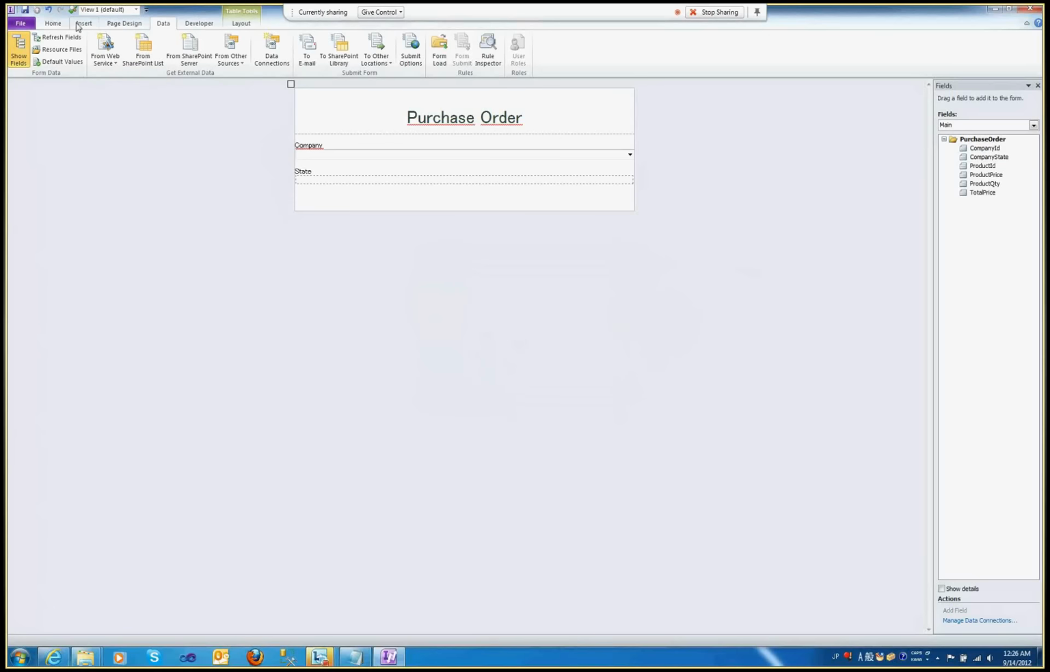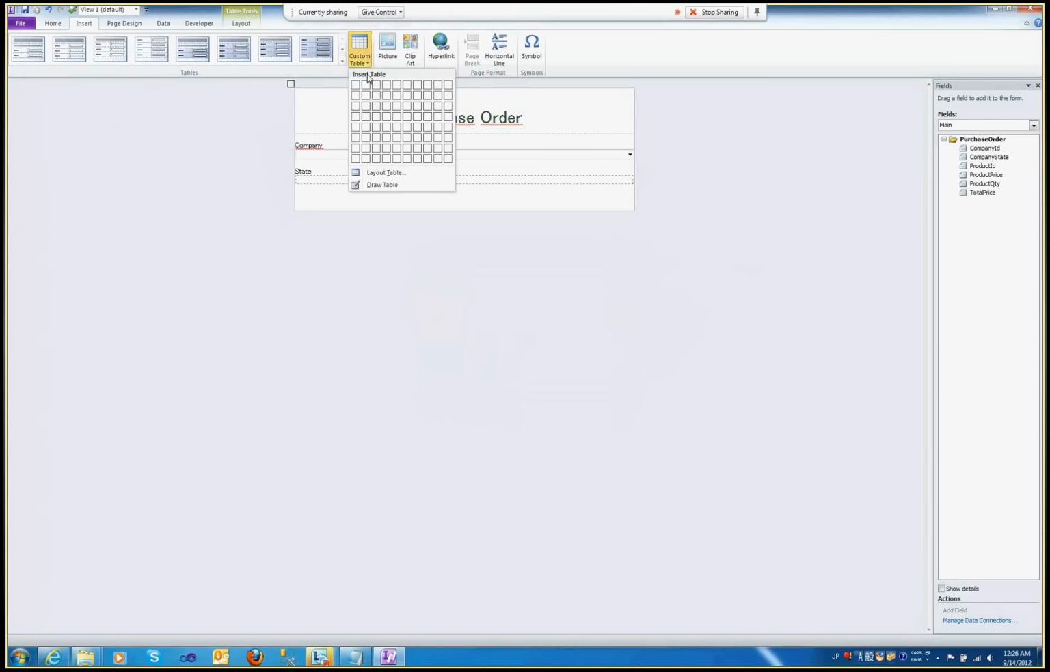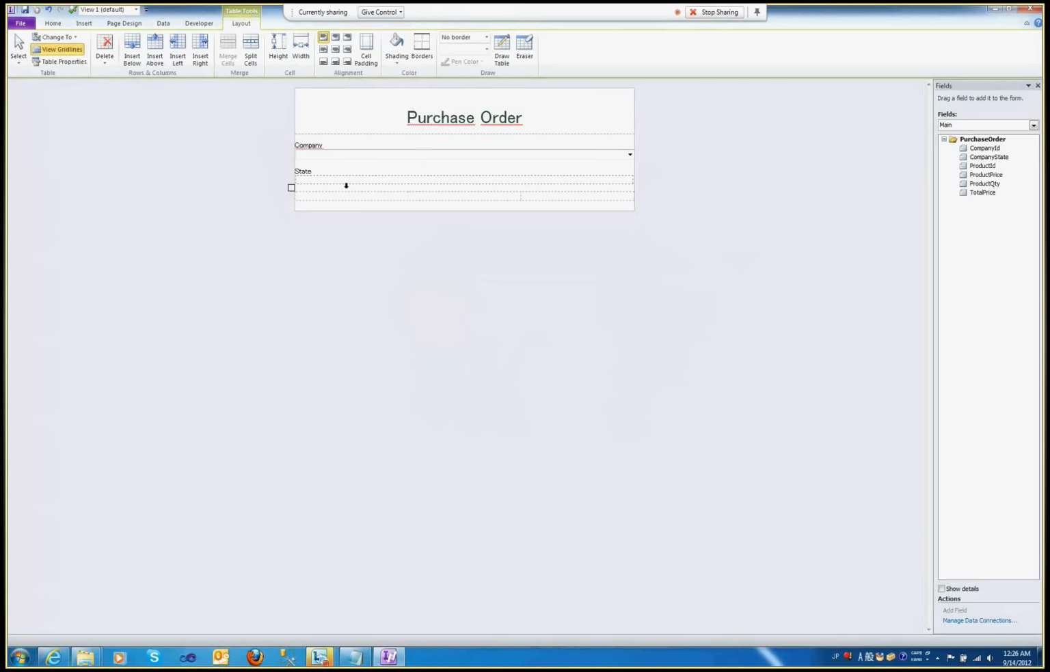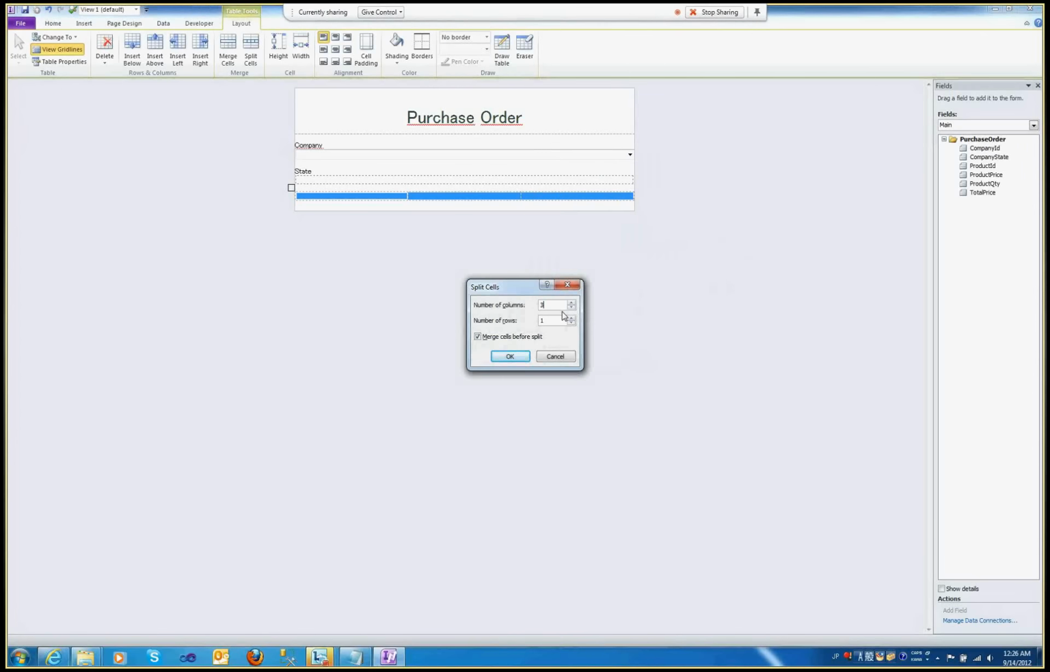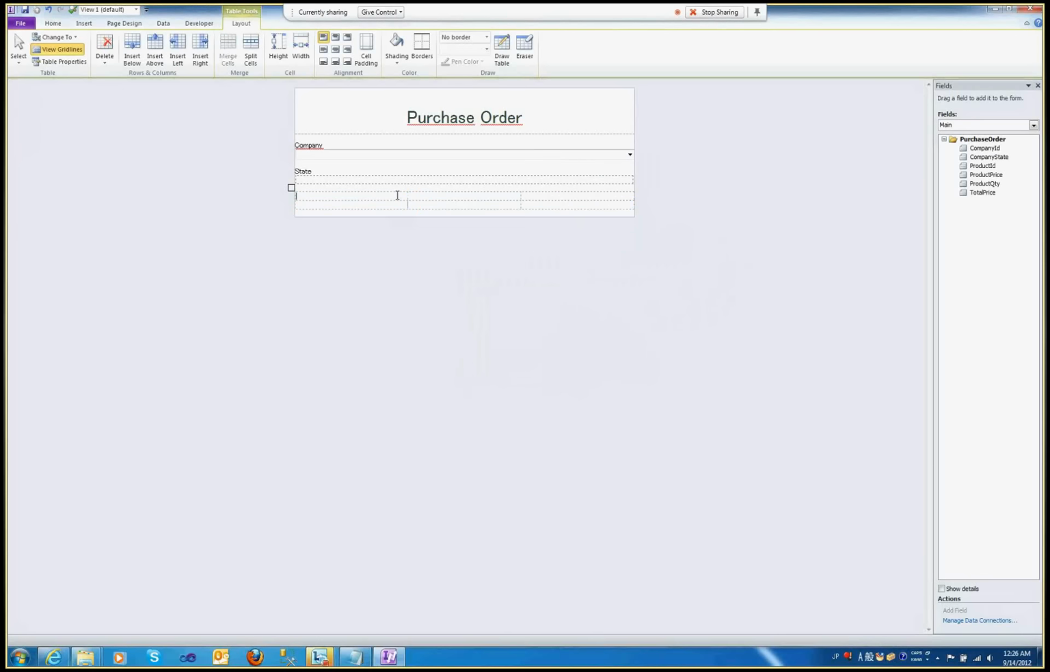Now I'll add a layout table for the product. Let's make that 3 by 2 actually. Uh, 3 by 2. Okay. So we've got product, price,